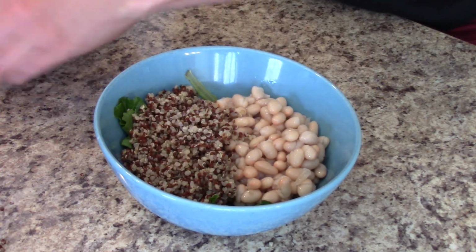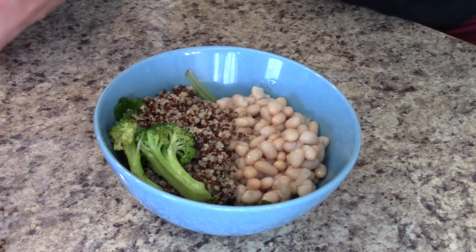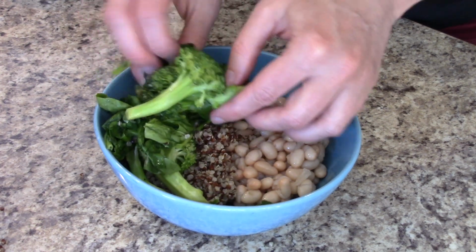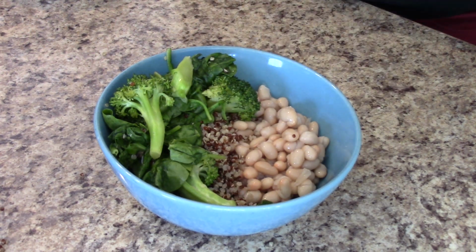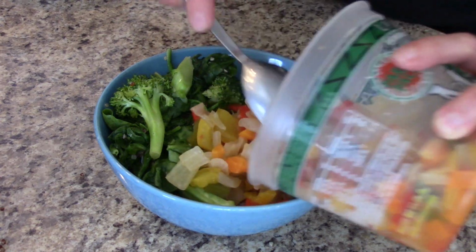And then I just had some leftover broccoli and some wilted spinach. You can put fresh spinach. I like mine wilted a little bit. For some reason I like that texture better. To each his own. And then this is just a bunch of peppers that I sauteed earlier up in the